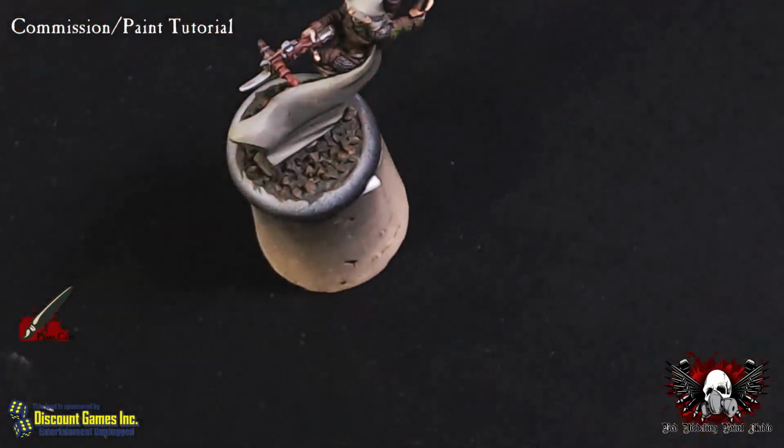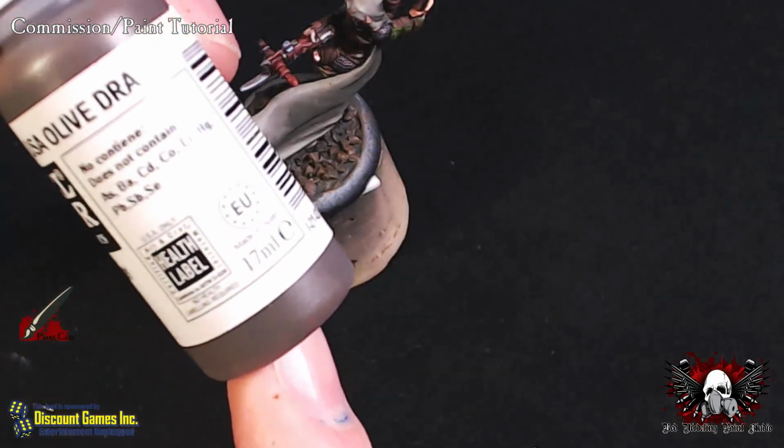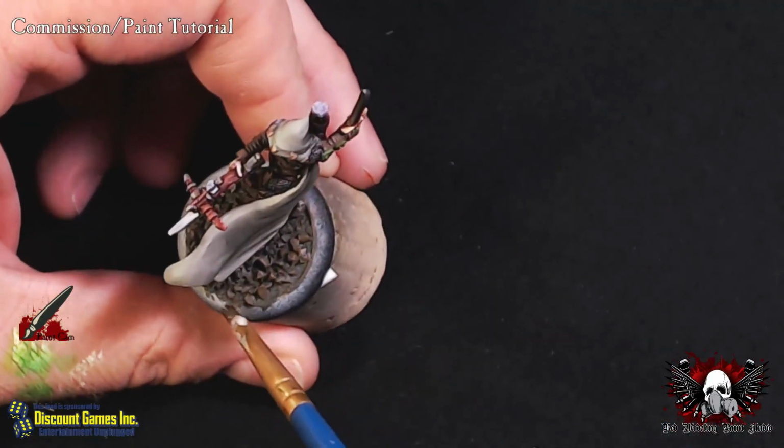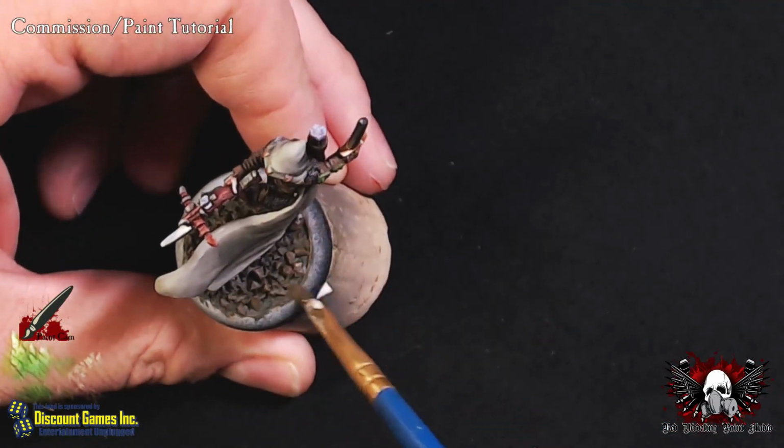All right, for the next color, because Crick's Bane base is a green-based gray, I'm going to add a little bit of green into the dry brushing. And for that, I'm going to use Vallejo USA Olive Drab. It's a nice dark browny green color. And same thing, put a little on the tip of your brush, dry it off on the paper towel,